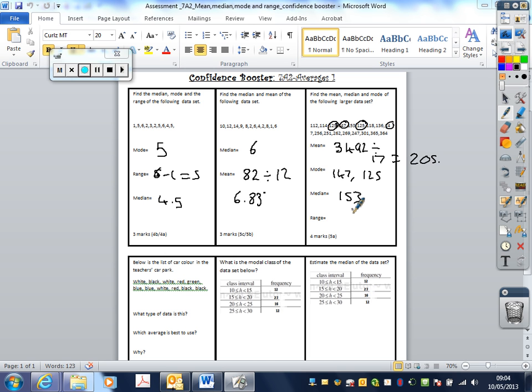And the range. What did we get for the range? Come on, someone different. Go on, Joe. You got 480. I know what you did, didn't you? You got the highest and added the lowest, didn't you? What have you got to do? Highest take